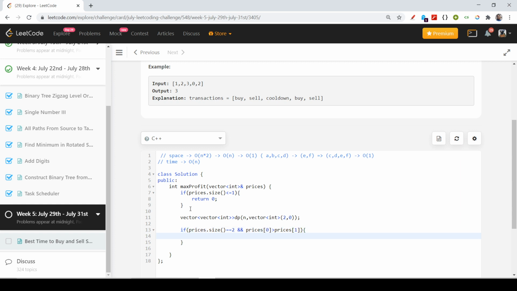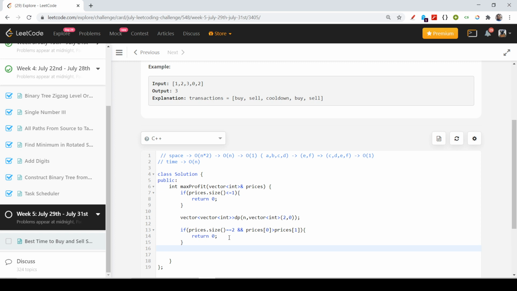Which means that if I buy on the first day and sell on the second day, my net profit is negative. So I will not make any transaction, I will just return 0, because it is not good for me to do it like this, right?